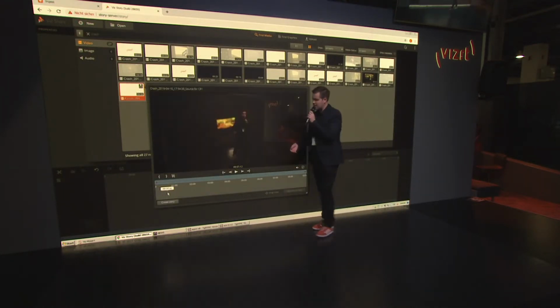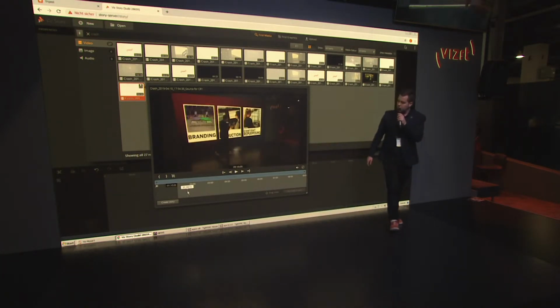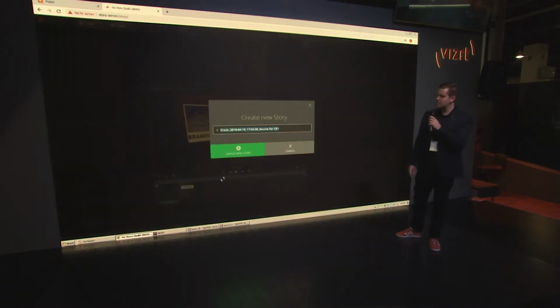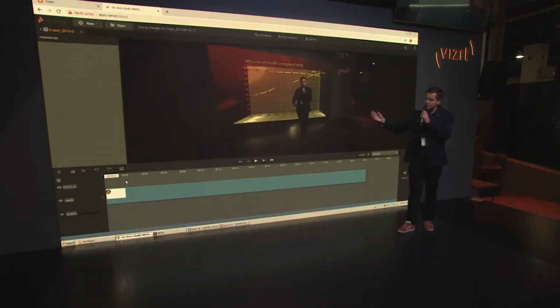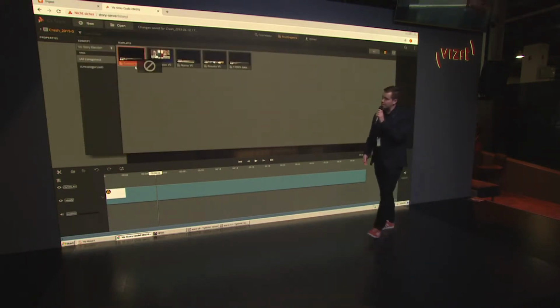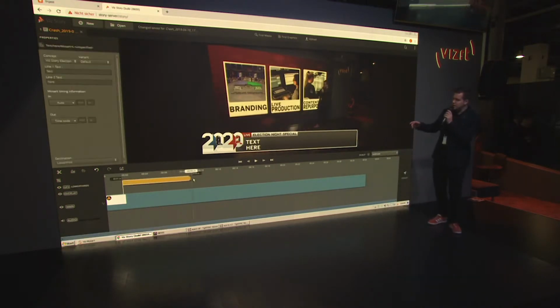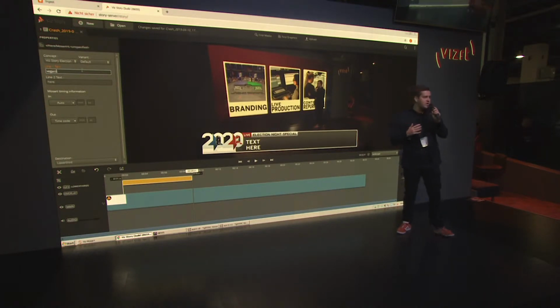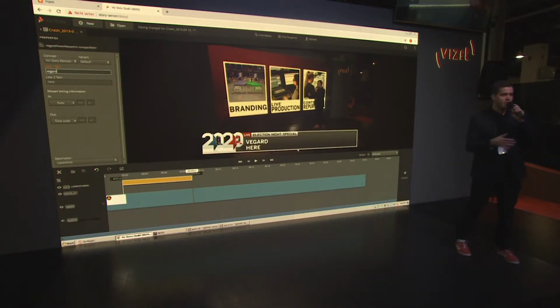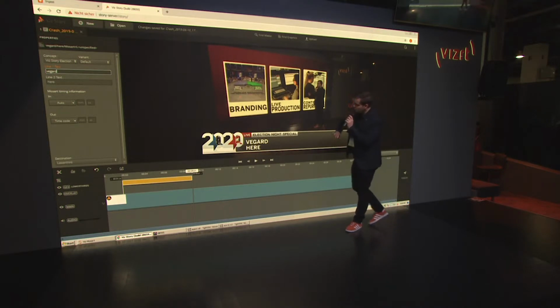My online journalist can here set in and out points on the growing file while it's still growing, and we can start editing this. So I base the timeline on that in and out point, and now I can add more clips, so I can start editing this clip in particular. Here I can add more graphics, and pay attention, I can actually do exactly the same workflow as I had in my live workflow, which means that we don't have to learn different interfaces for different tasks, whether it's live or non-live. It's the same user experience for the journalist, which is great.